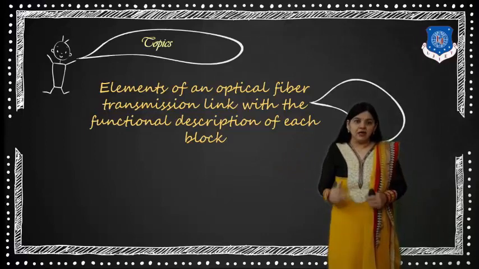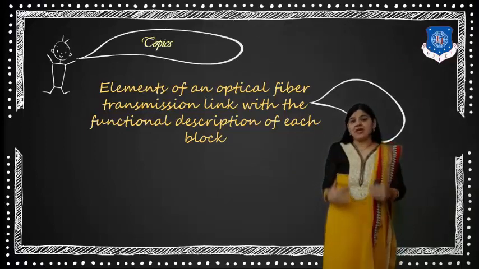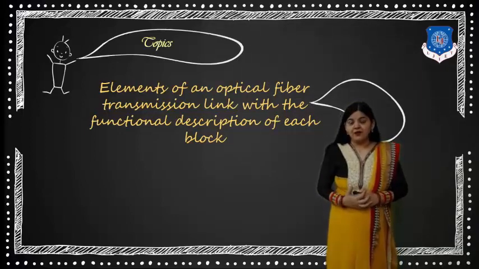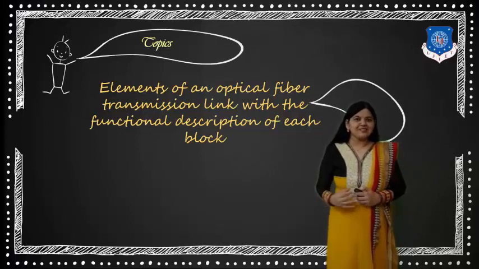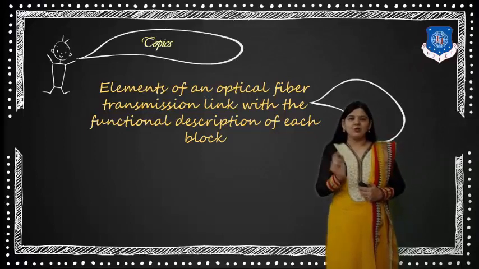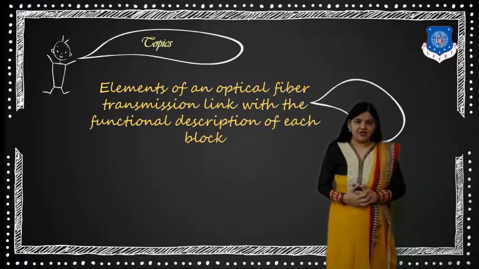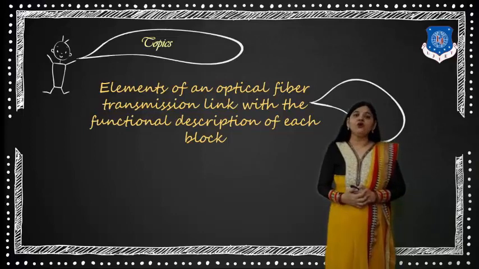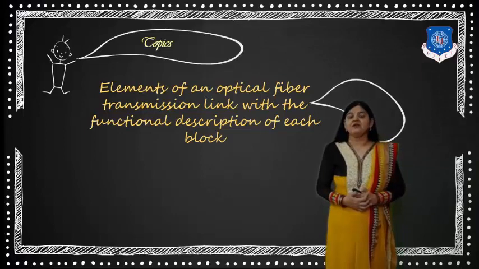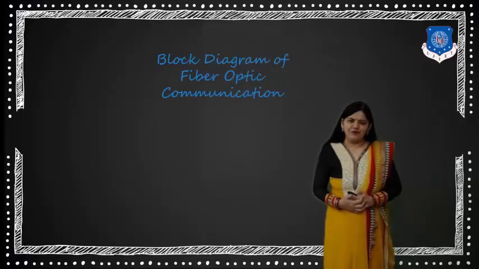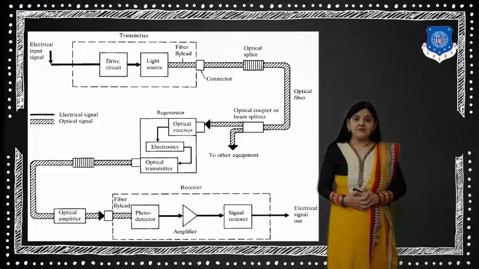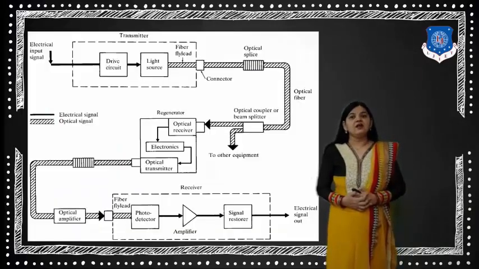So friends, here we need to learn about the specific block diagram of the optical fiber. Now we know what the optical fiber is. The optical fiber is a thin structure, and it is a hollow waveguide. It is a light pipe transmitting the information in the form of light. So here we need to learn about the block diagram of the particular signal.